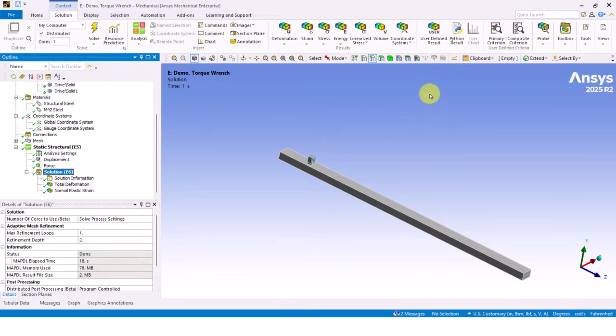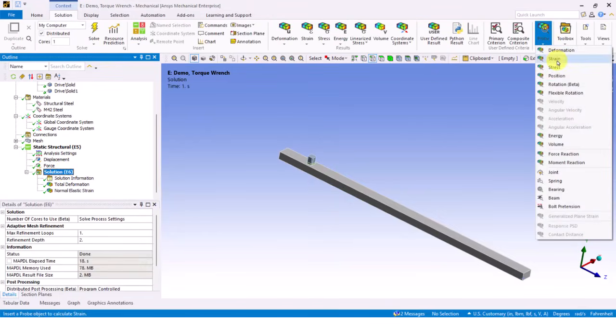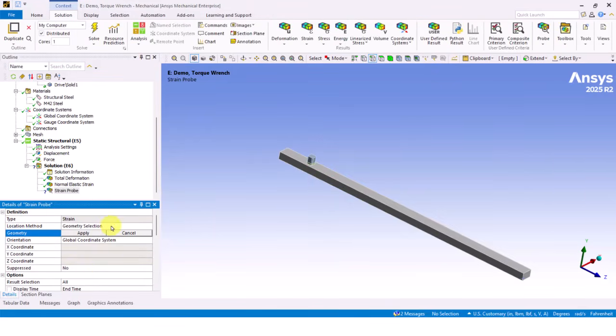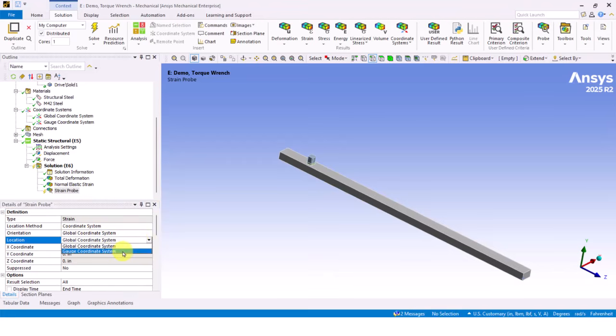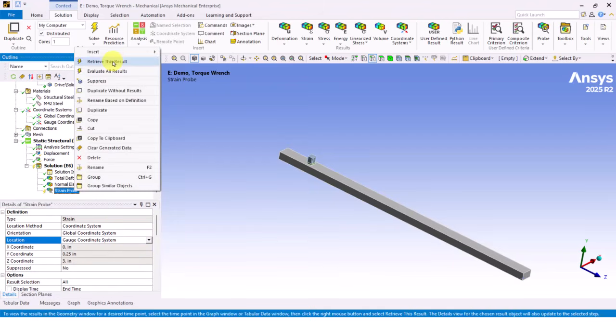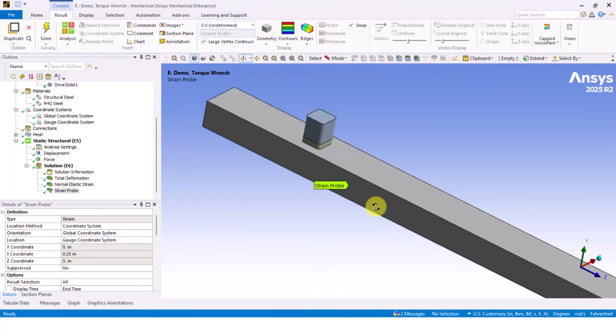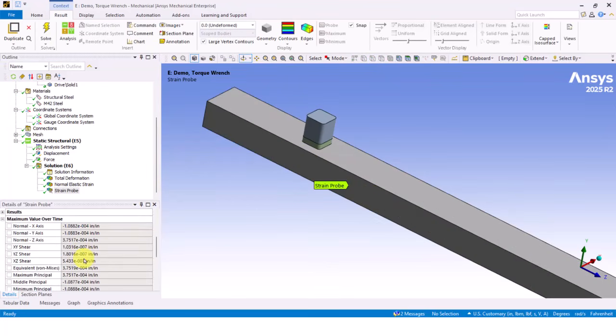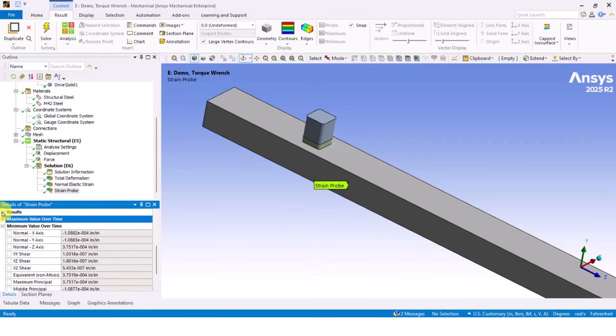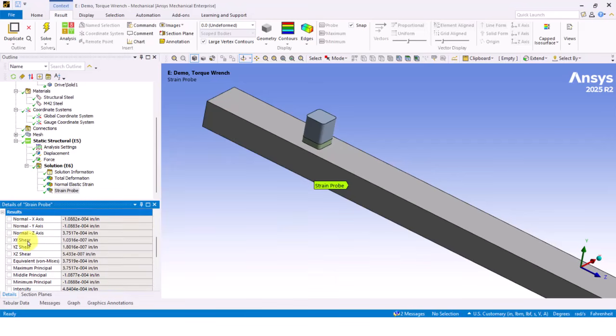And then I'll go to solution, probe, strain, and instead of geometry selection, I will select coordinate system. The orientation of the global coordinate system is right, so I don't need to change that. But the location, I need to change it to the gauge coordinate system. And then I will say retrieve this result, which is ANSYS lingo for post-processing. Then I'll expand results, and if I zoom in,